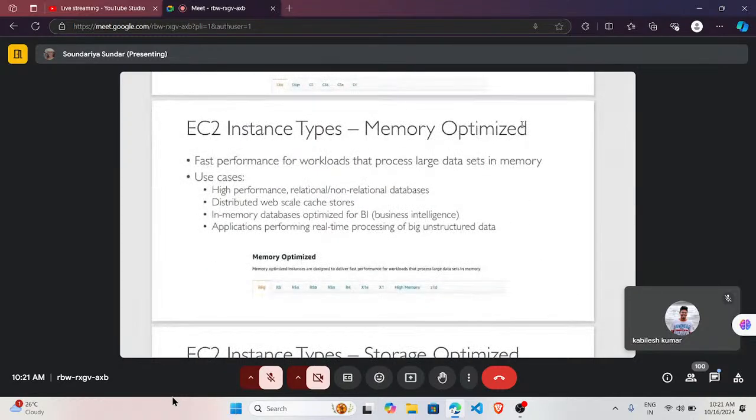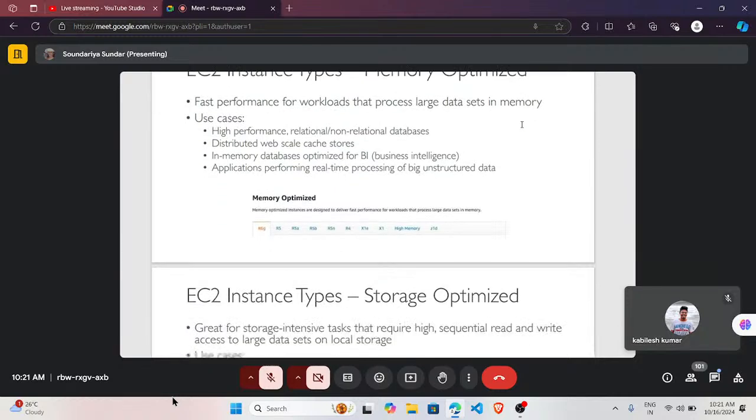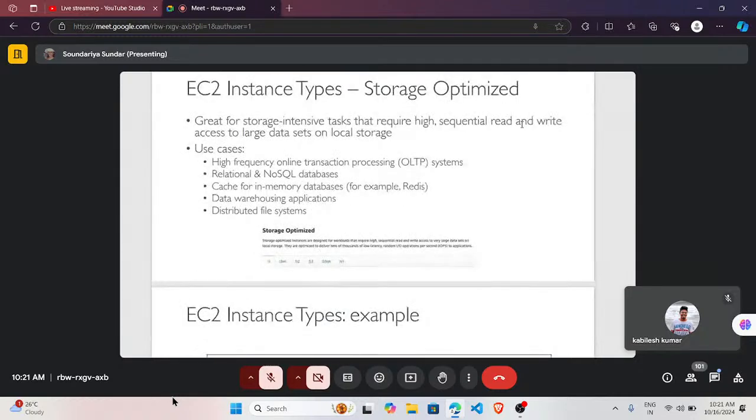And what is memory optimized? In the name itself we can understand, memory optimized is required for a person whose application needs more memory, like an application which requires large workloads of data sets or databases. Again, I'll repeat. If your application requires large data sets, that is, large database memory, you will go for memory optimized. And storage is as simple as that. If your application requires large sets of storage, you will go for storage optimized instance. Okay,